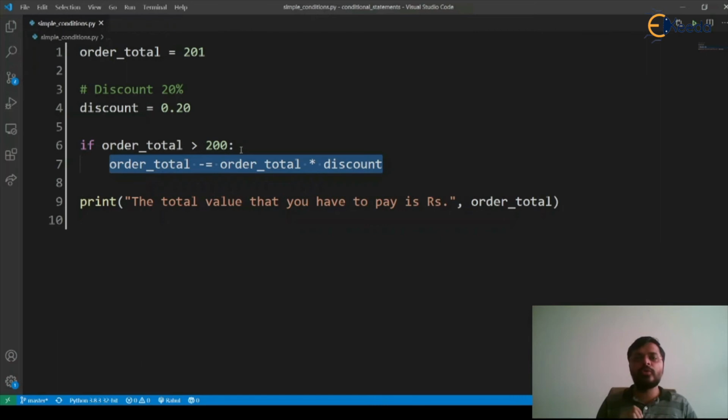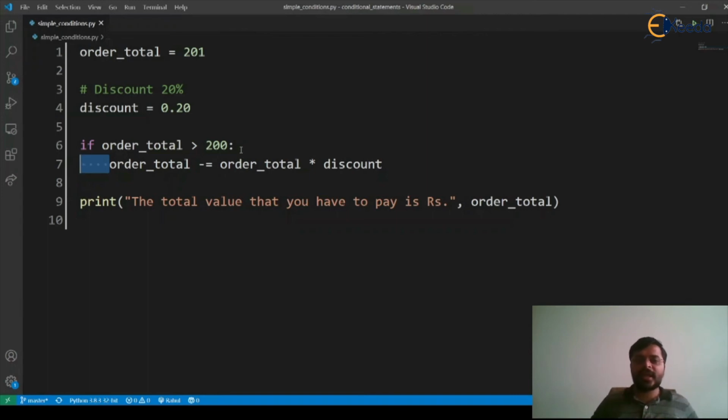Now, how do you differentiate between the other lines of code and this block of code? By indenting the code. The code which you want to execute only if the condition in the if statement is true should be indented within the if.